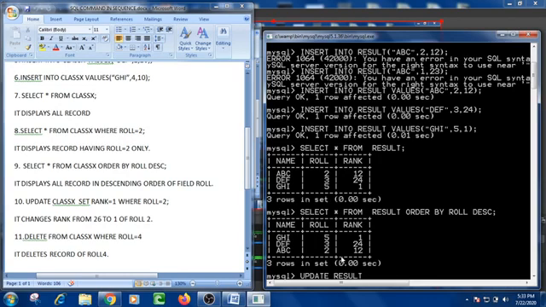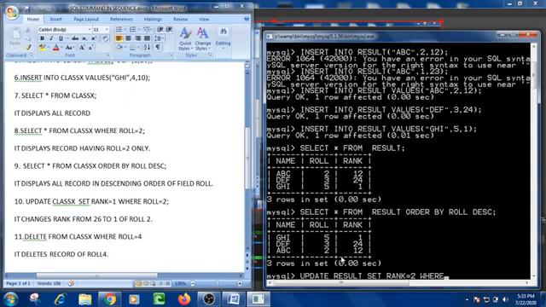Update is always used with the name of the table, result. Then set is always used with the field that has to be changed. Then here I am going to change the rank, and what would be the rank? 2. And whose rank is going to be changed?